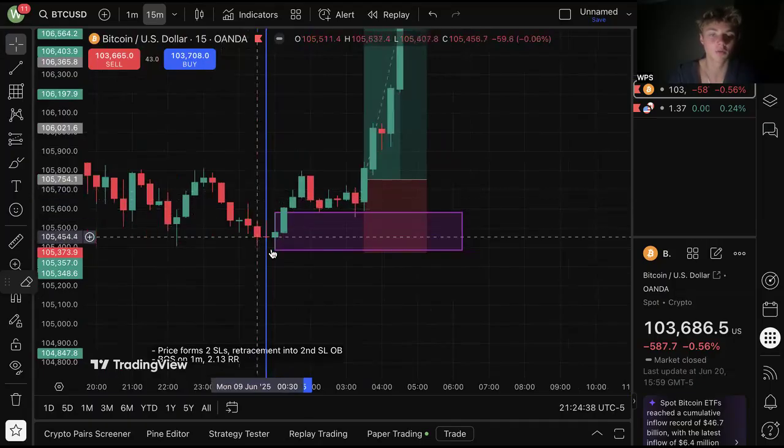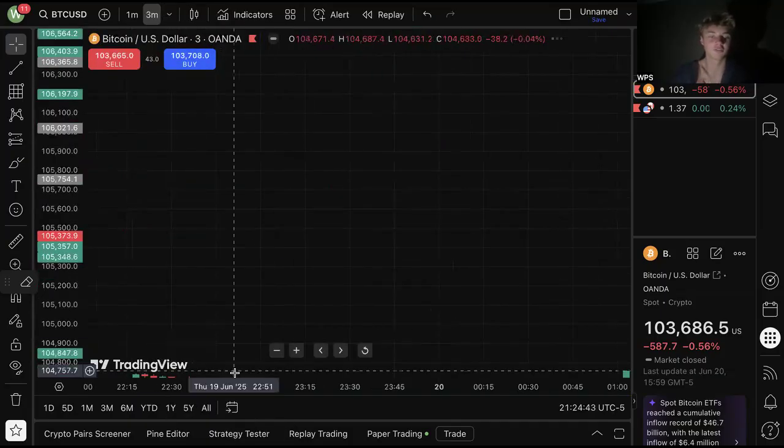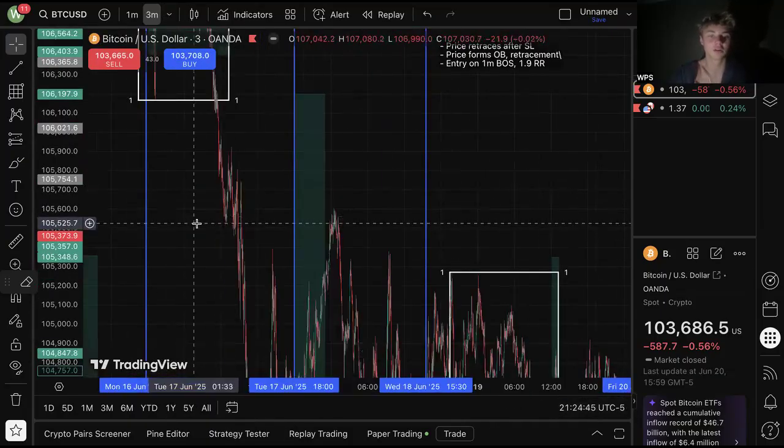Price forms this order block, so you can see price retraces into it. I think we're close enough to the current that